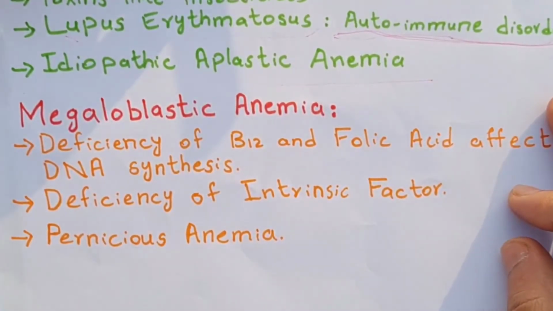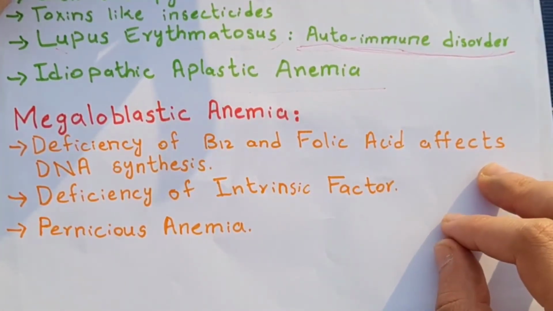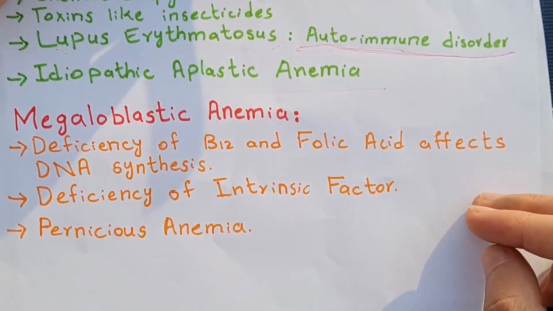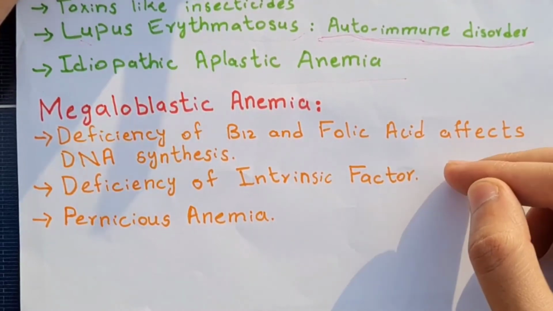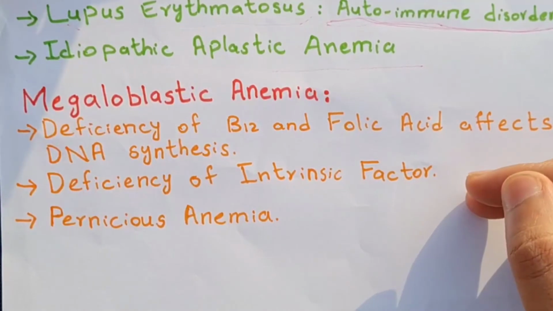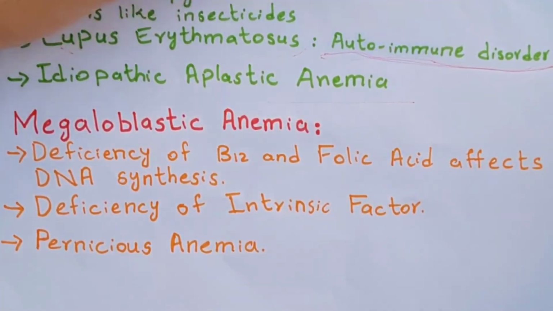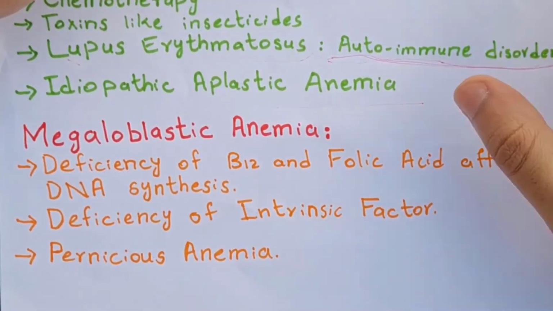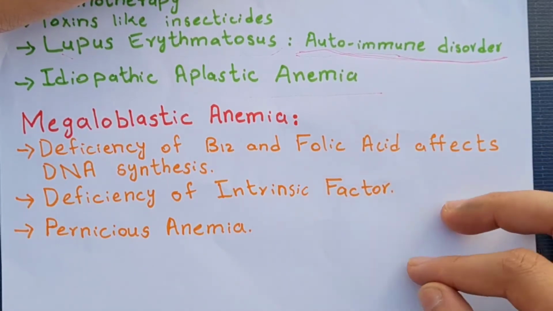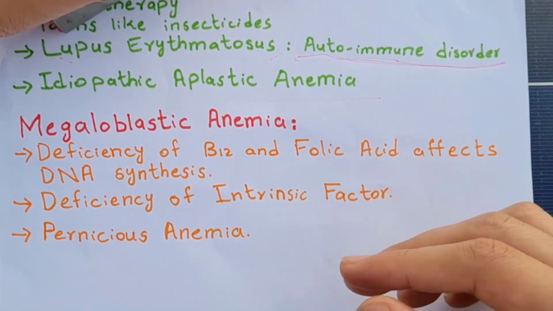As we know, the half-life of RBCs is just 120 days. So in bone marrow, rapid division of cells is required to make up for the cells that are continuously dying. But in deficiency of vitamin B12 and folic acid, there is reduced DNA synthesis. So there is overall reduced reproduction of cells in our bone marrow. As other nutrients required for RBC growth are normal, there is a normal growth of red blood cells, but they fail to divide and increase in number. So overall, a decreased number of RBCs are produced, but their size is above average.